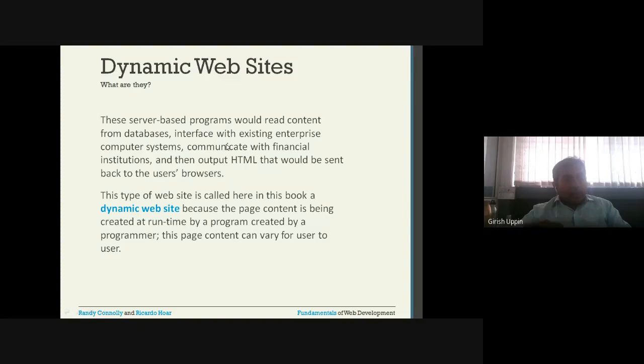For whatever request has been made by the user, the web server might need an interaction with a database, interaction with another web server, or interaction with a file system. So it depends on what applications you are creating, and according to that, HTML will be created and sent back to the browser. This type of website is called a dynamic website.